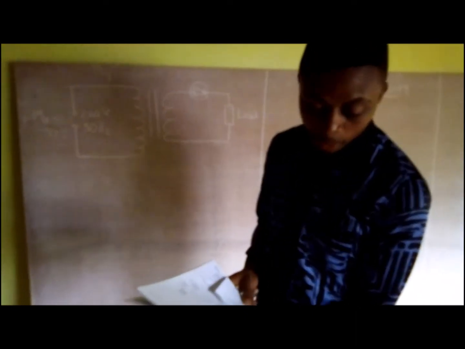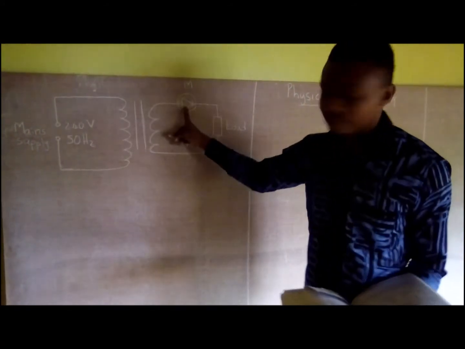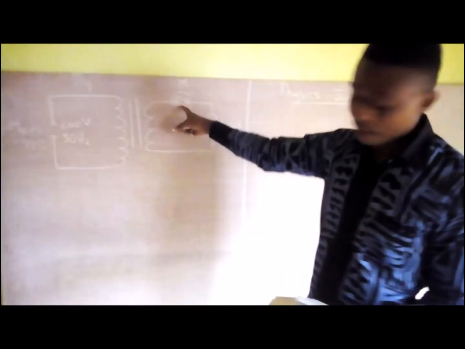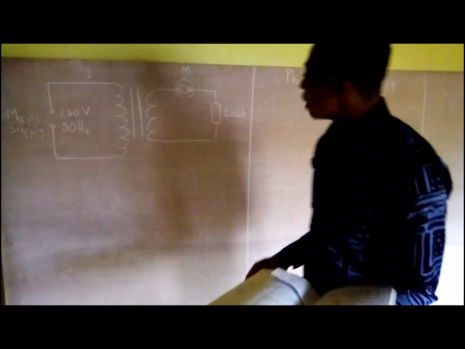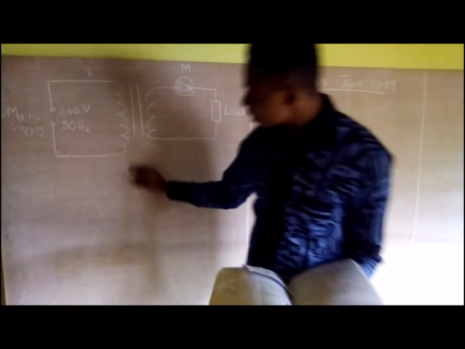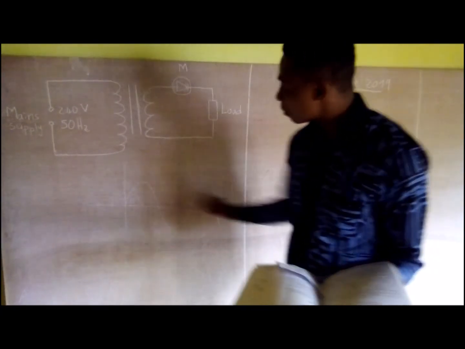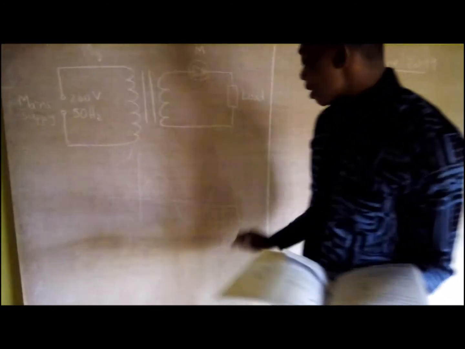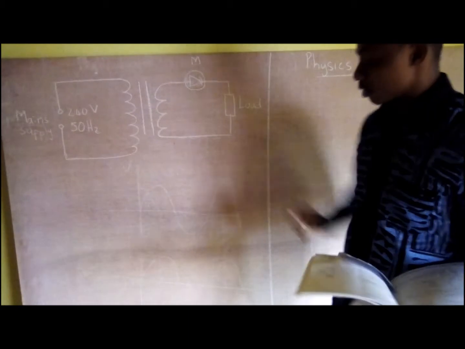Identify the component M. So here is the component M. M is the diode. That is how you represent a diode in physics. And the diode is used to rectify the AC. If you have such a circuit, and here is the representation of the voltage, you realize that the diode will transform this into something of this form. So you eliminate one section and you just consider one section.